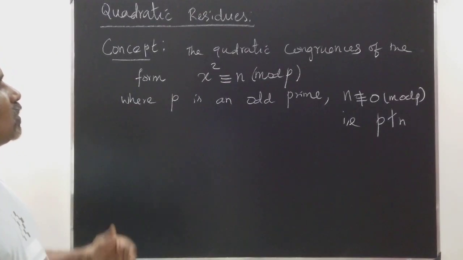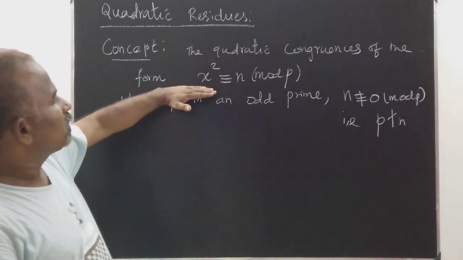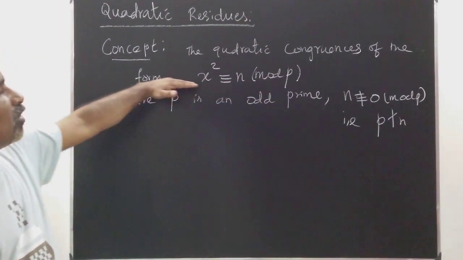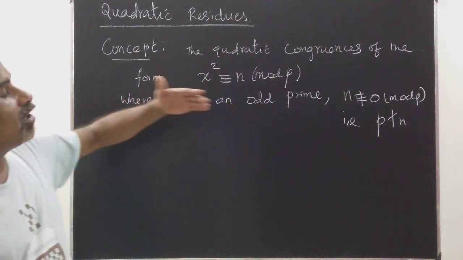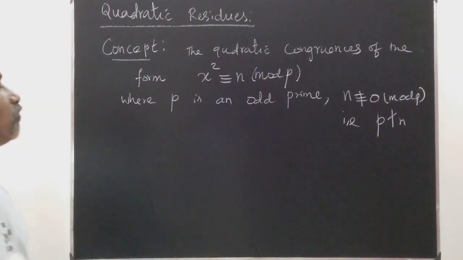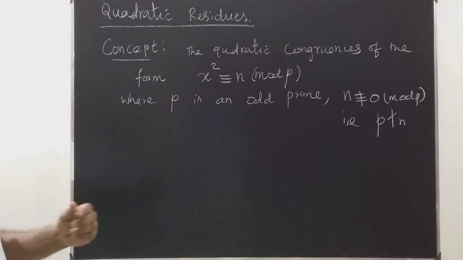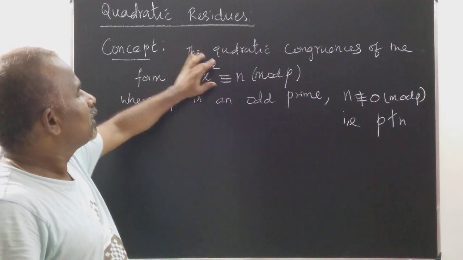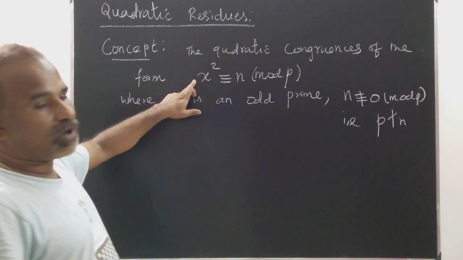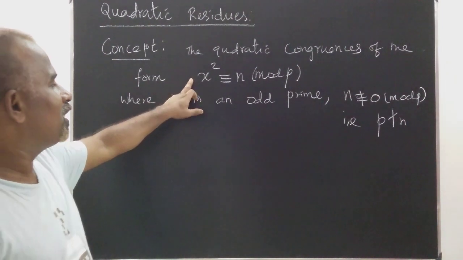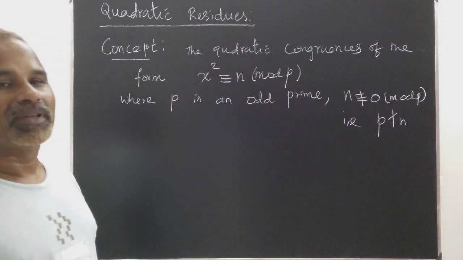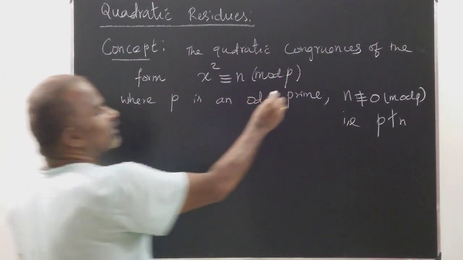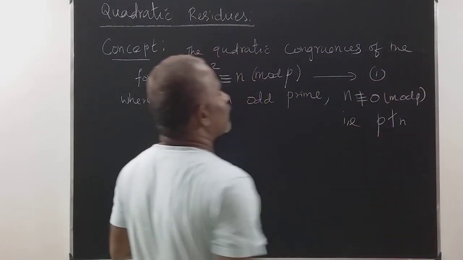Okay. So now we are going to discuss how many solutions there are for this congruence. How many n's are solutions? How many n's are not solutions? We are going to discuss. See that this is a polynomial of degree 2. This p does not divide 1, by Lagrange's theorem. We call this equation number 1.